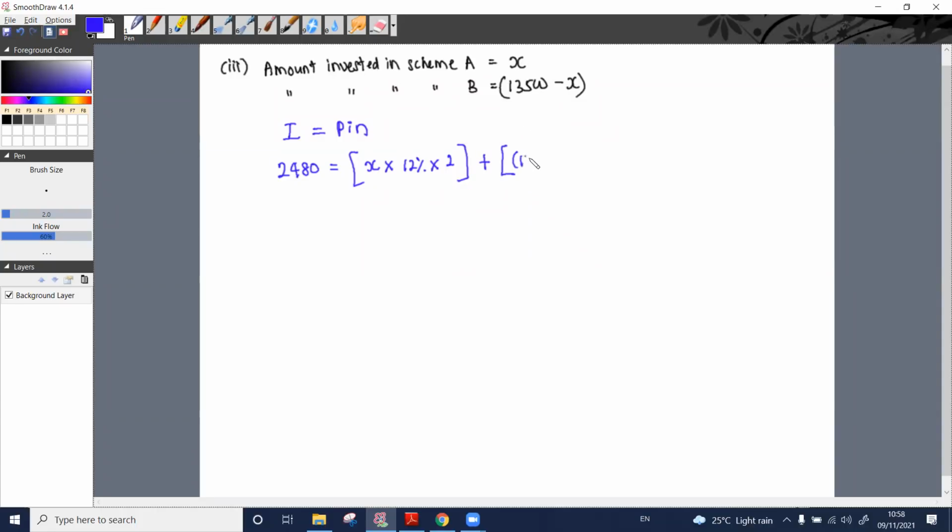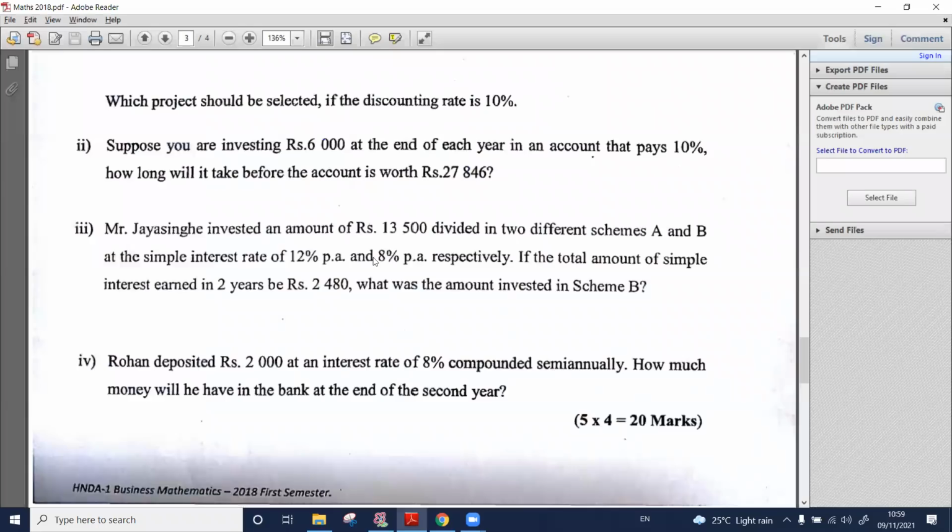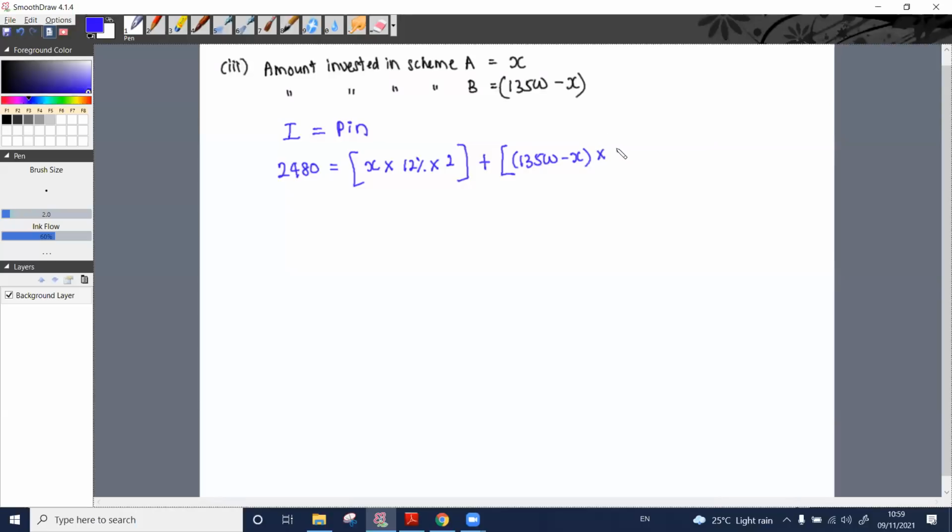Here the principal amount invested is 13,500 minus X. The interest rate in scheme B is 8%, and they have invested for 2 years. Then how it should be? 2,480 equals here